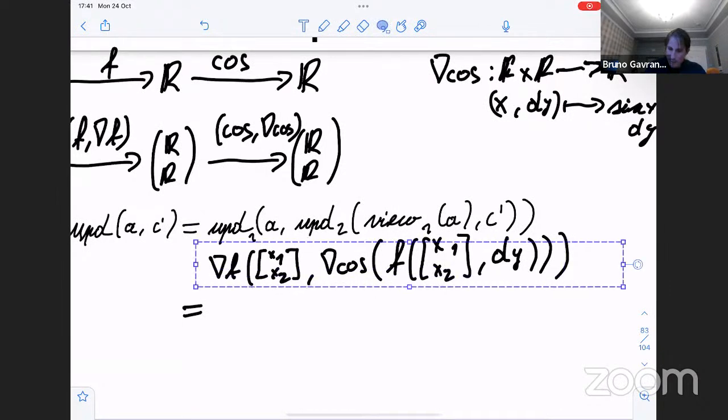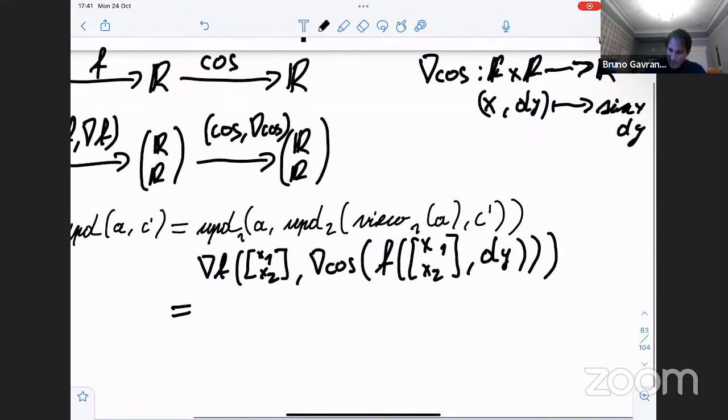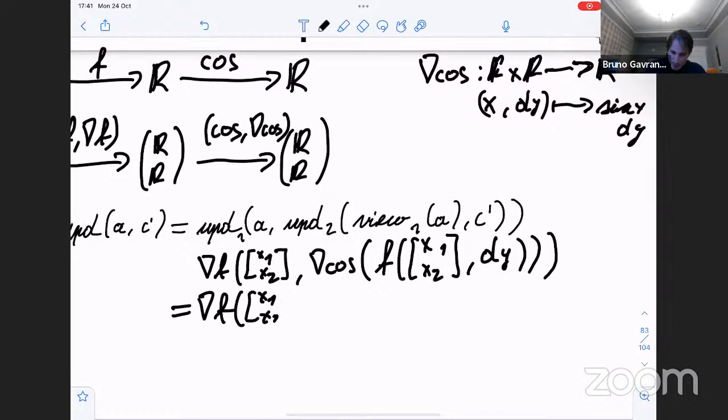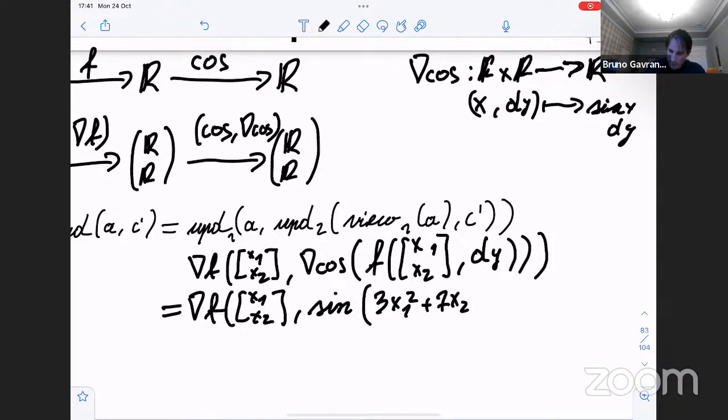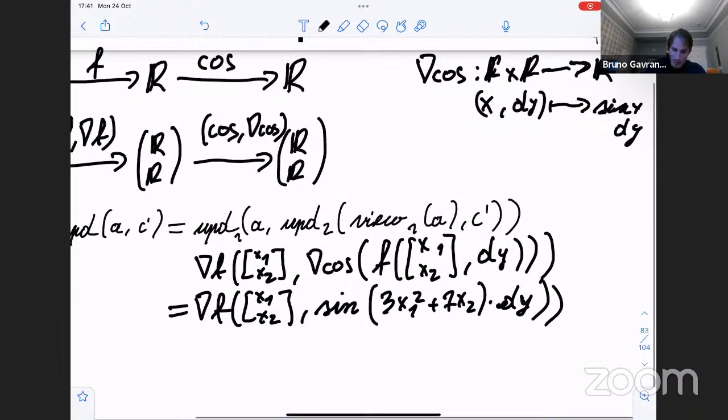So how do we evaluate this? Well, let's work inside out. The gradient of f at a point x1, x2 is going to be, well, the gradient of cosine, which is sine of whatever is f, which is going to be 3x1 squared plus 7x2, times dy. And evaluating the gradient of f is going to give us,